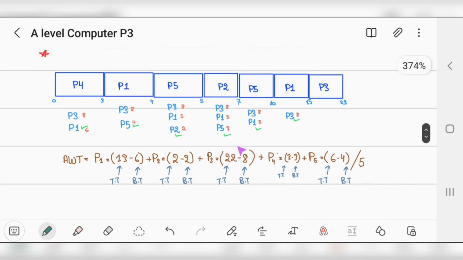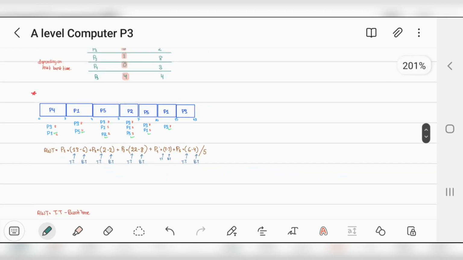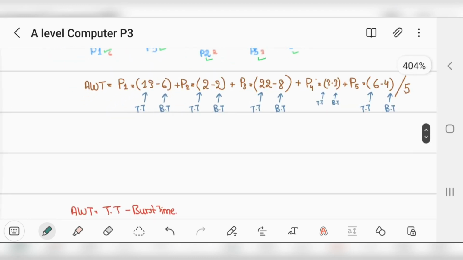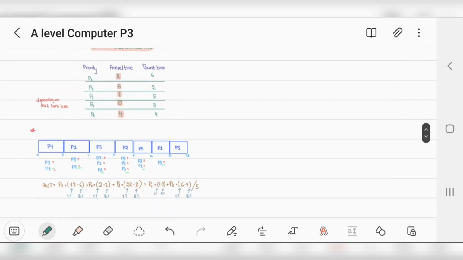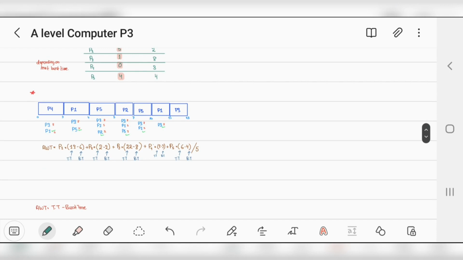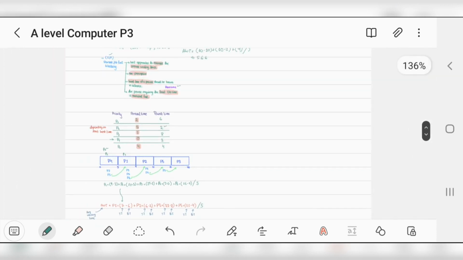As for average waiting time, it is exactly the same for each and every scheduling algorithm. It's the exact same formula: calculating the turnaround time for each process, and then calculating the average waiting time. This is how you could be asked in the paper. You could be given the table and asked to find the average waiting time and the turnaround time and something like that. You could also be asked